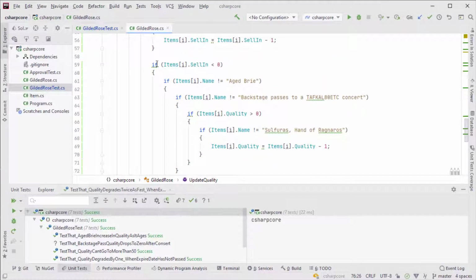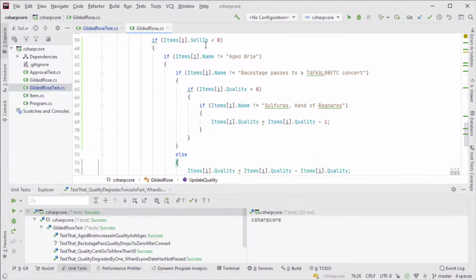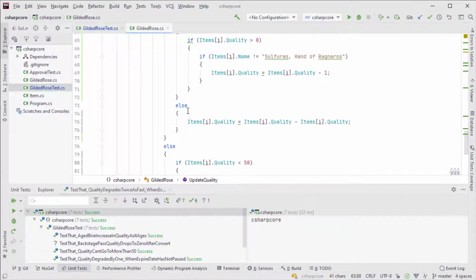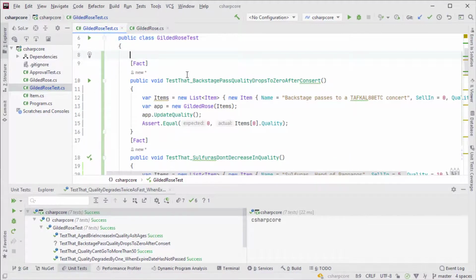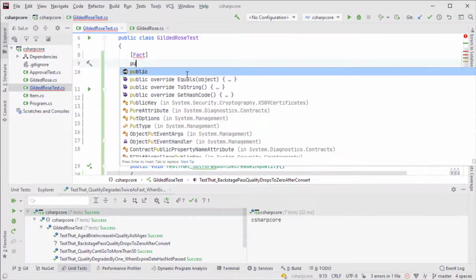To have a test that hits that piece of code, we can see that the sell-in date must be less than 0. We can also see that it should probably be a backstage pass, and then this piece of code will be exercised. I'm not quite sure what it will actually do, so I'll start by just creating a test and calling it foo.